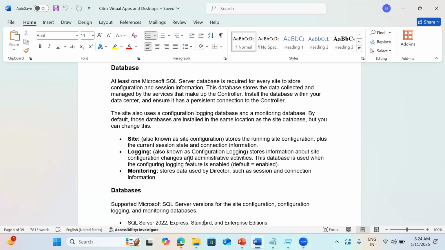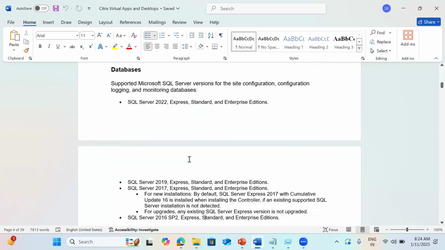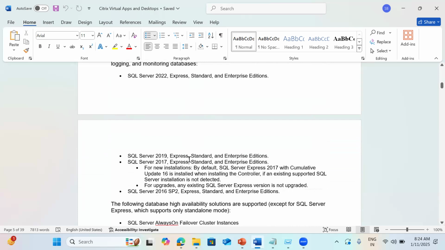Previously it was called the configuration logging database. Explicitly we needed to set it up, but now in the newer versions, by default we get all these three databases, and Director is going to use the monitoring database. Mostly SQL Express or SQL Server itself is required. SQL Express, Standard, Enterprise versions